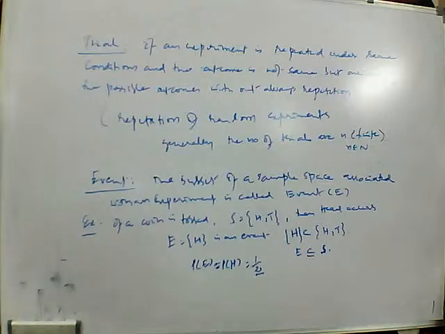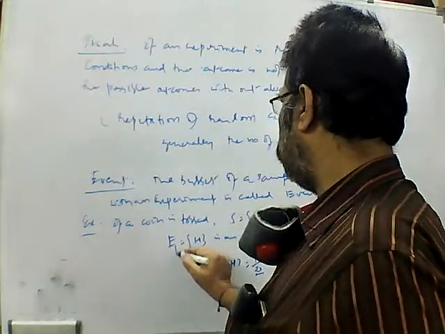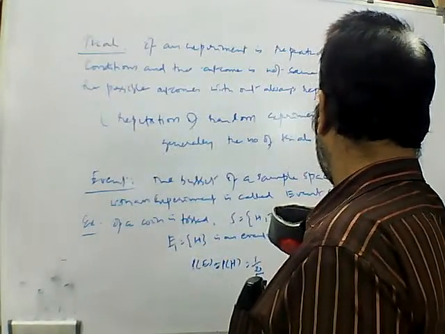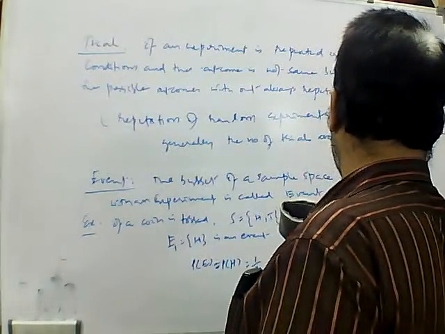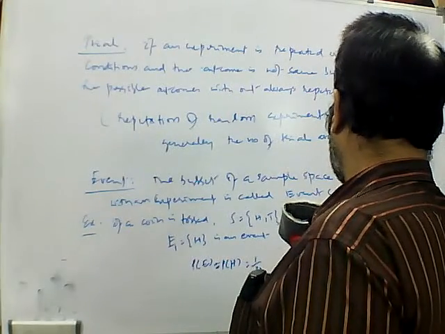Similarly, we can find the probability of tail, P of E. We can take E1 as head and E2 as tail. So H is a subset of E1. Similarly, E2 is equal to tail, so E2 is also a subset of